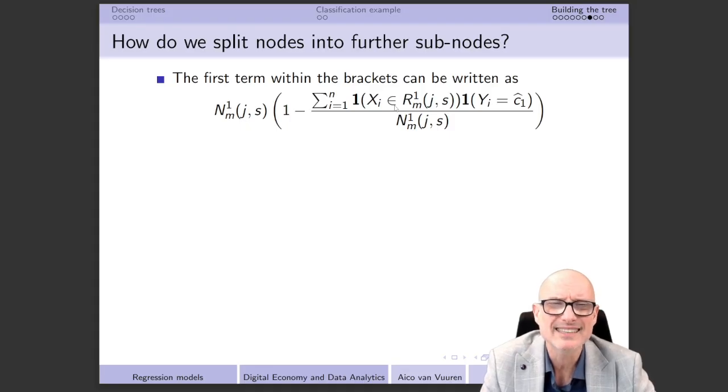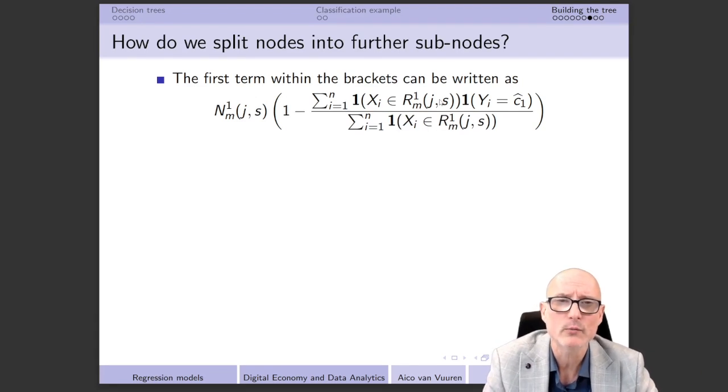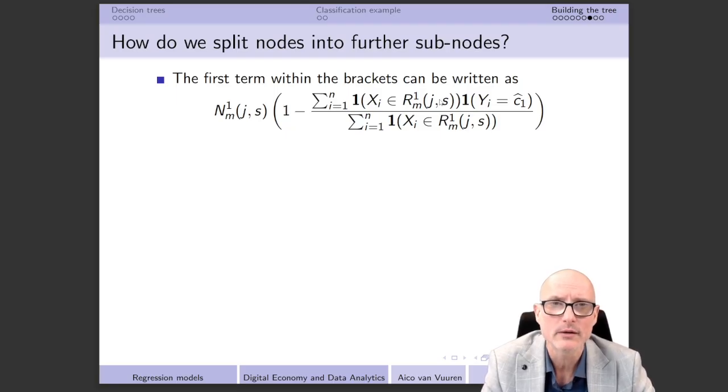Then we can do exactly the same thing with respect to this N1-MJS, which can also be written in terms of a sum over this indicator function that we have over here. That's actually the definition of N1-MJS. That's actually one step backwards, of course, of what we have done earlier. But the nice thing with respect to this is that we should realize that this is a thing that we have already seen before.